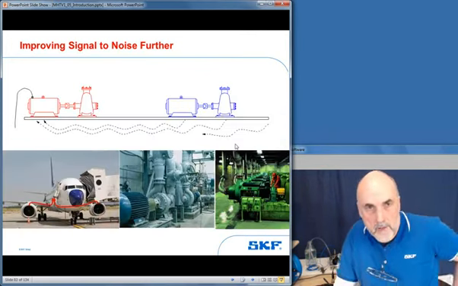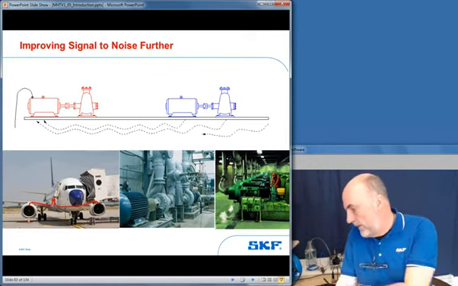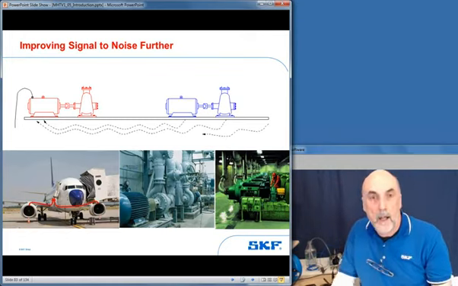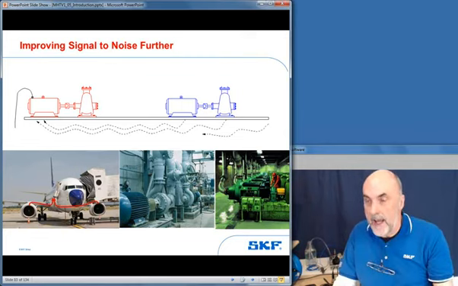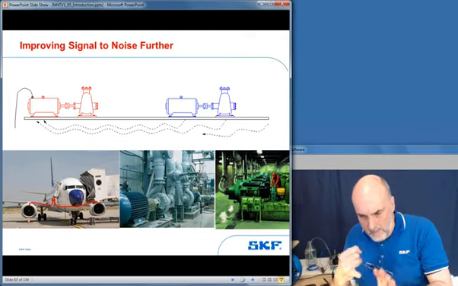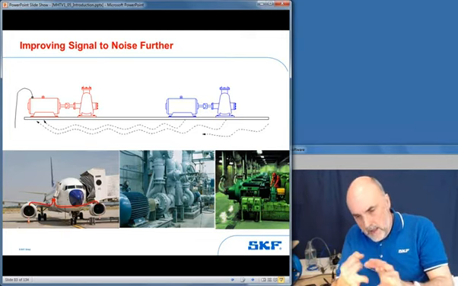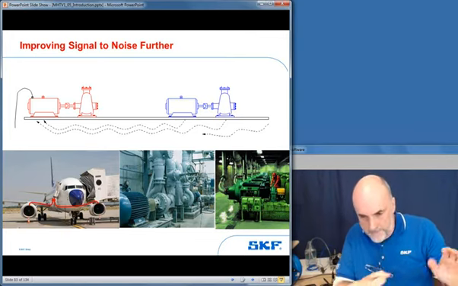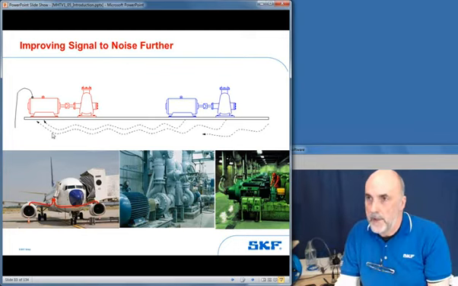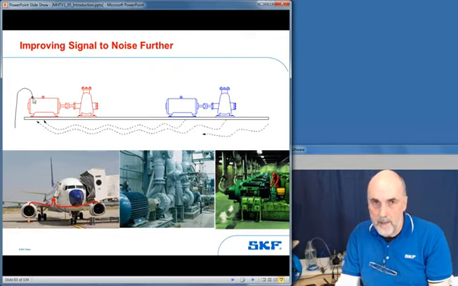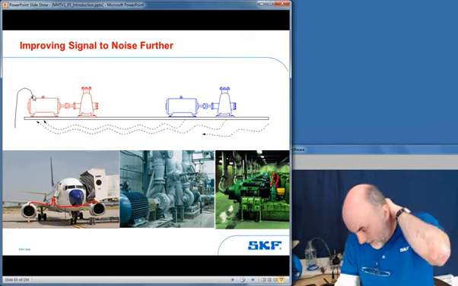You can get situations where this can happen in other situations other than power stations. Anywhere where you've got a weak foundation. I'm thinking of ships, aircraft, oil platforms. If you've got machines up on a mezzanine, what you can do is put your accelerometer on a machine of interest, and you will get vibration being transmitted through the deck and up into that machine. It can be quite intrusive.